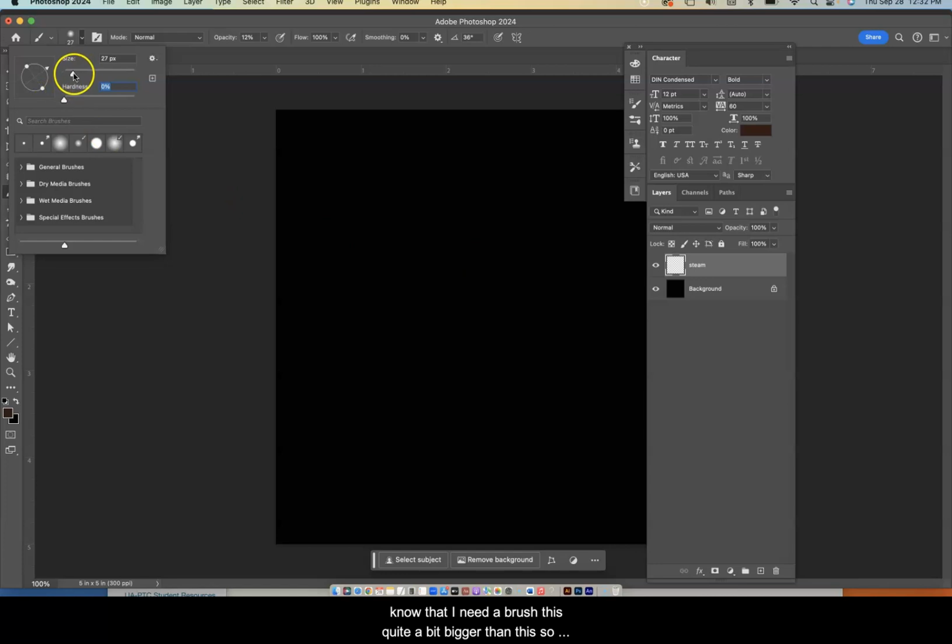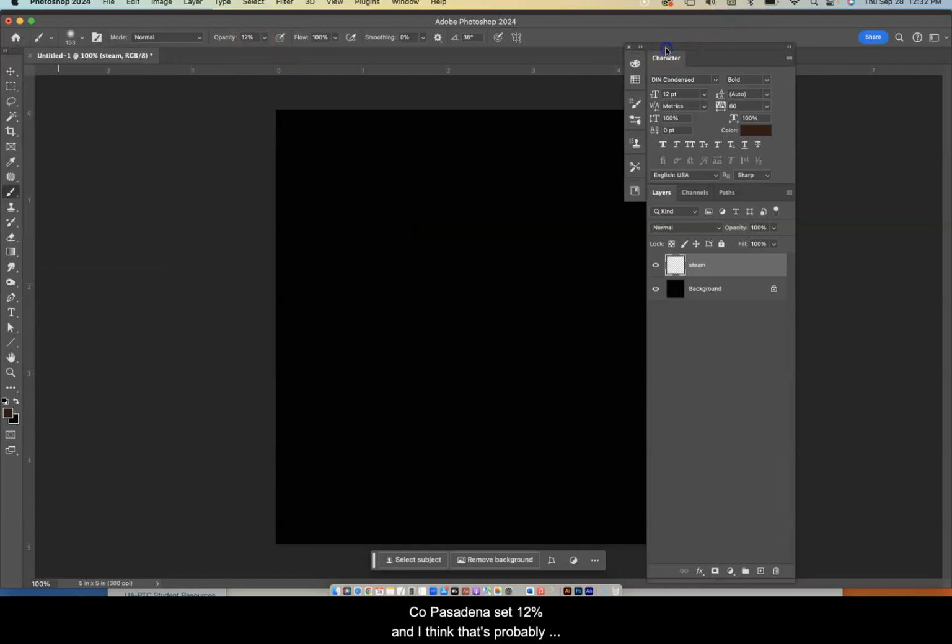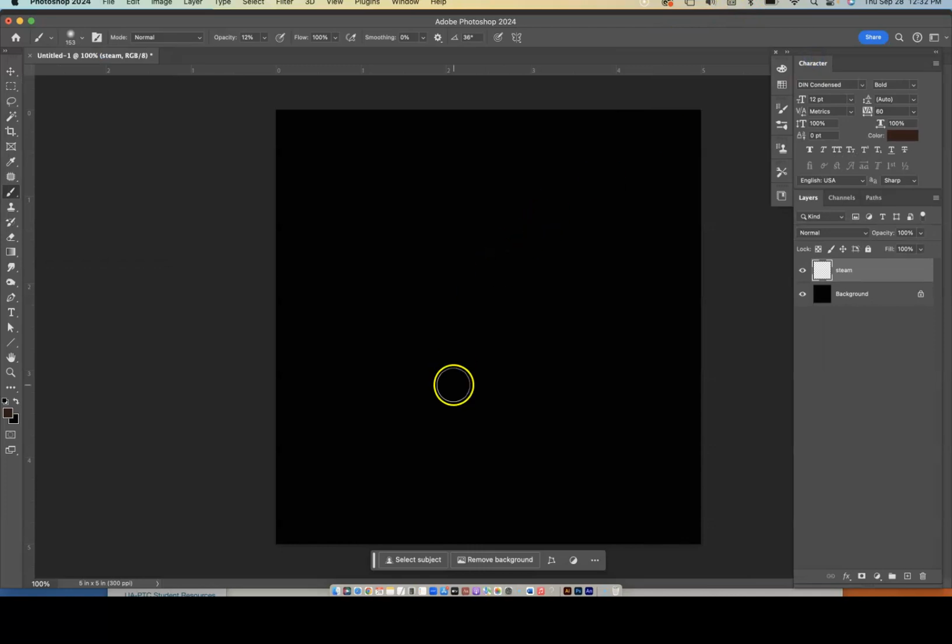So I'll go back over here to brush sizes, and I will just scrub that slider over and make that brush bigger. So I think I'll start out with something like this. So mine is set to 153 pixels. The opacity is set to 12%. And I think that's probably okay for starting out. And this is how we're going to create our steam. We're just going to start clicking and dragging and drawing